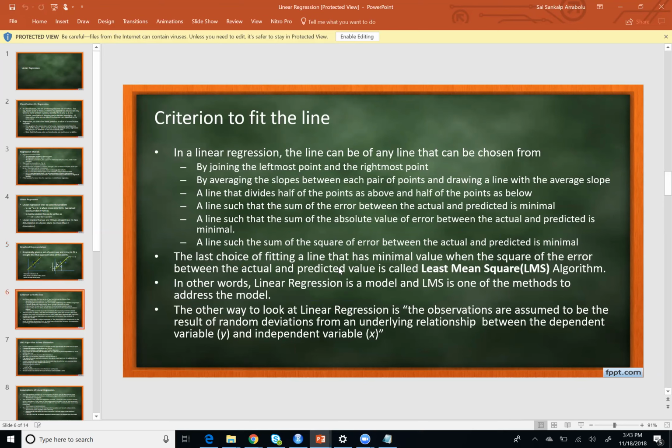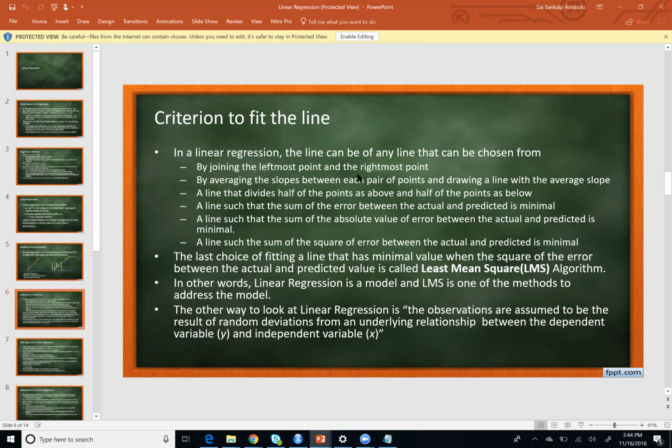So the best choice of fitting the line has the minimal value for the squared errors between the actual and predicted values. This is called least mean squared error, or LMS algorithm. Most of the time when we talk of regression, they solve it using the LMS algorithm. LMS stands for least mean square algorithm. In other words, linear regression is a model, and LMS is one of the methods to address this model. There are other methods also. You can always say, I'll take 2 points and join the line, but that doesn't give you the least error